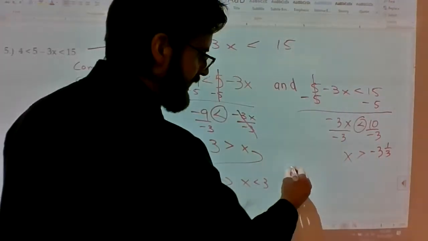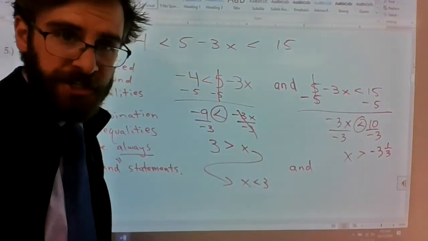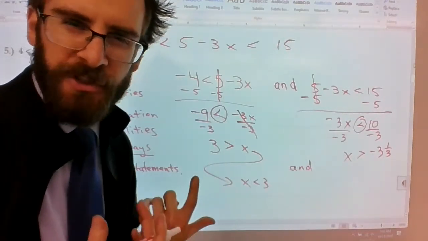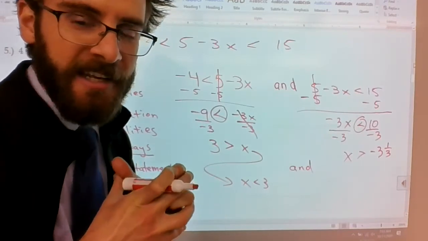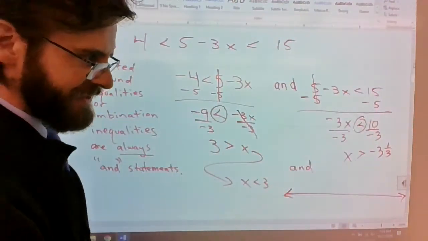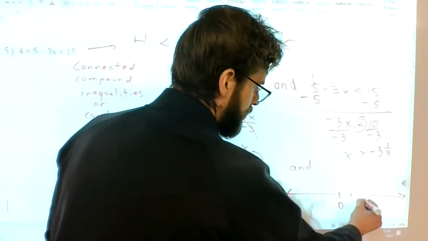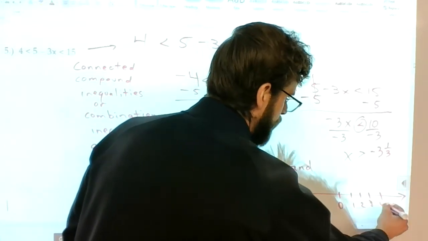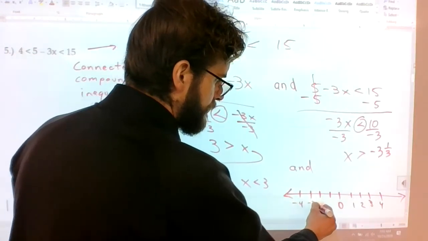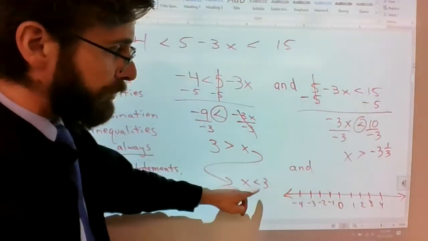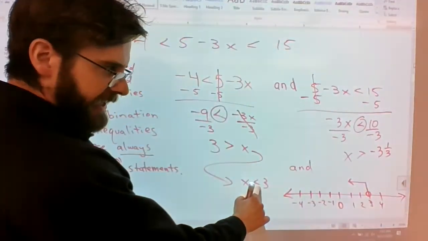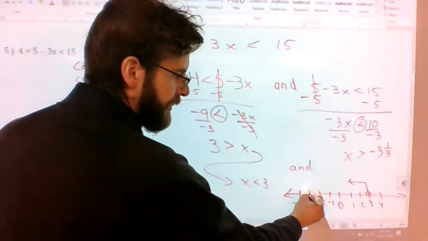All right, it's an and statement, so you're graphing the intersection or the combination of the two, or what they share. Whatever resonates with you, whatever makes sense to you, clutch onto it and just keep it in your brain forever. So I'm going to draw the number line. We need at least 0. Some positive values, 1, 2, 3, 4. Some negative values, negative 1, negative 2, negative 3, negative 4. And they're both open. So you got an open circle at 3, less than, open circle at negative 3 1/3,